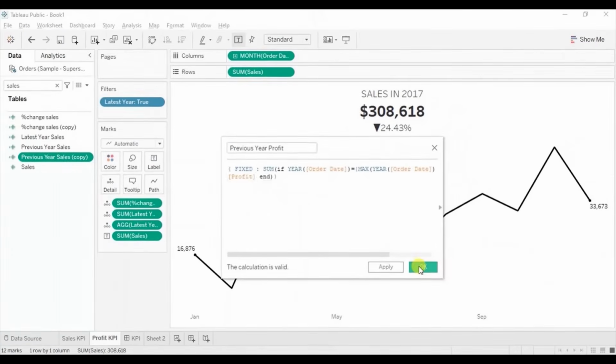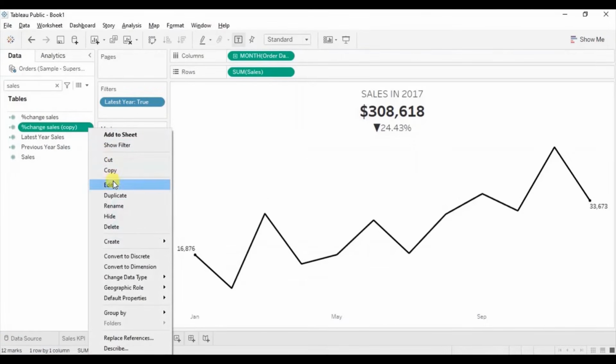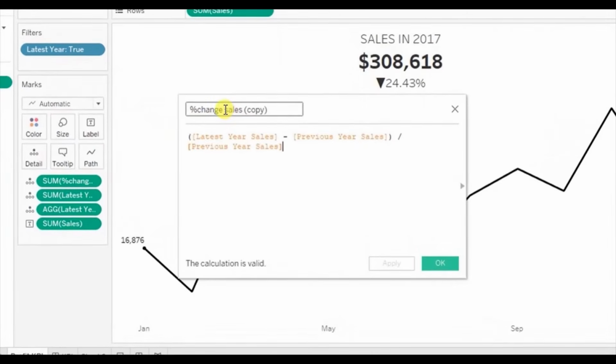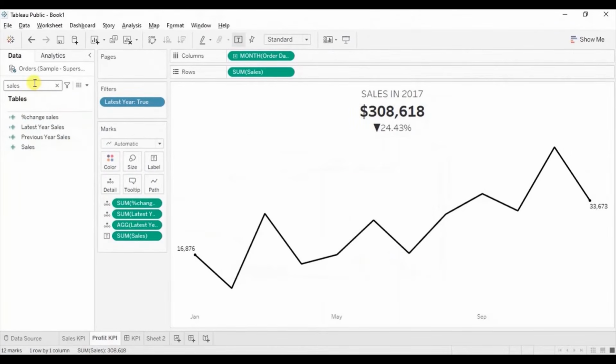Click on OK. Now let's edit this percentage change sales field. Click on edit. Let's name it percentage change profit. Latest year sales will be latest year profit. Previous year sales will be previous year profit. Click on OK. Now search for profit fields